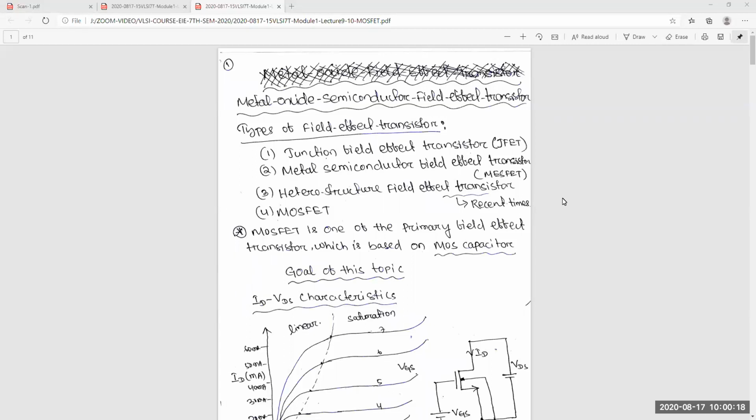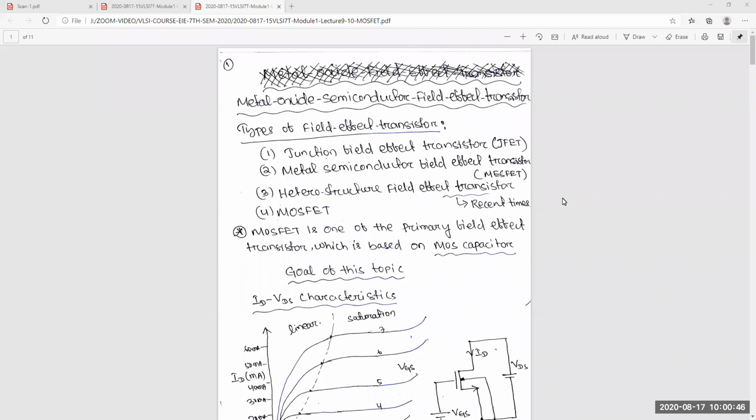And also we have discussed the body effect. If a positive source to substrate bias is there, how the threshold voltage increases. So all these things we have discussed in very detail. I think you have understood everything. If you have not understood, please go again and again.